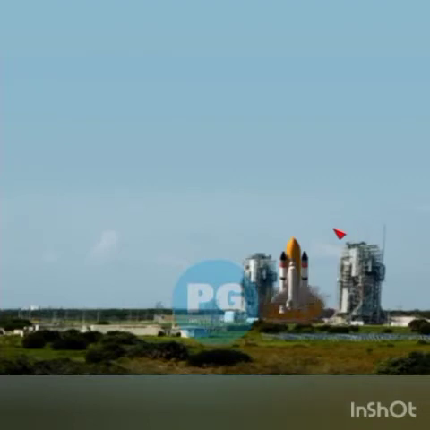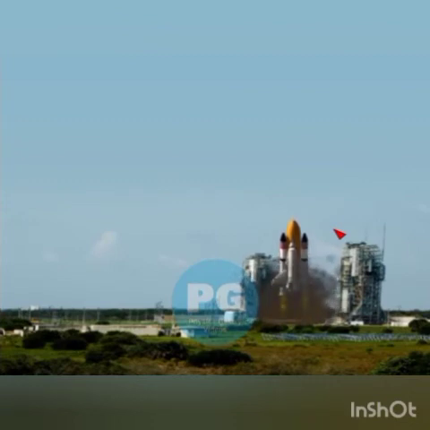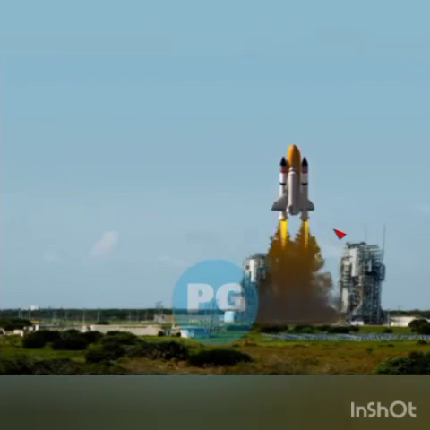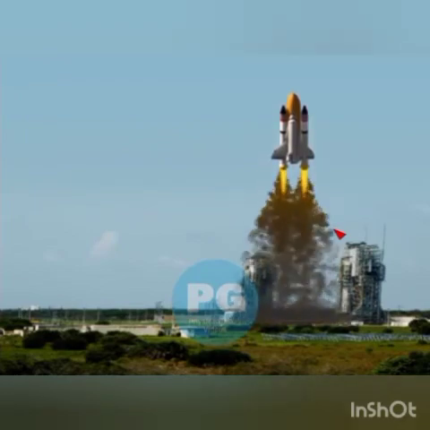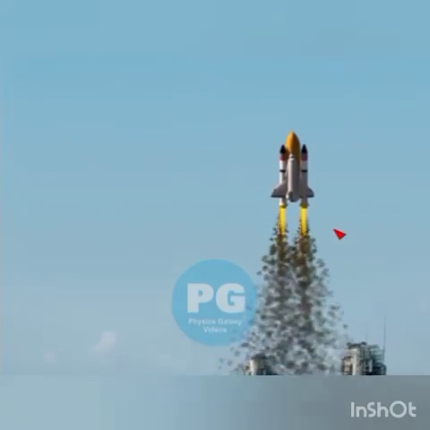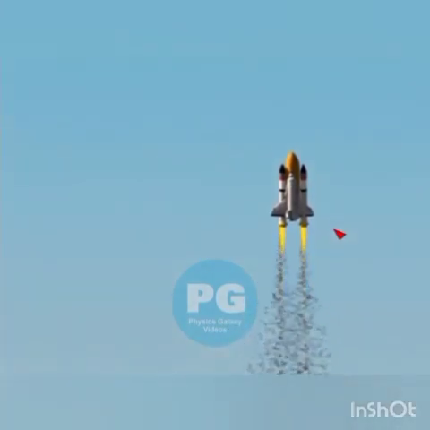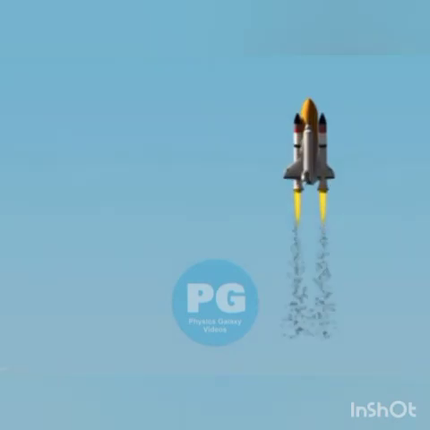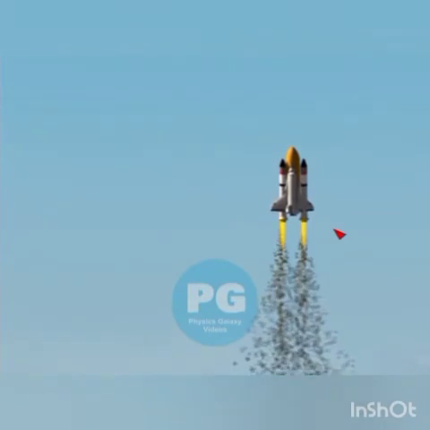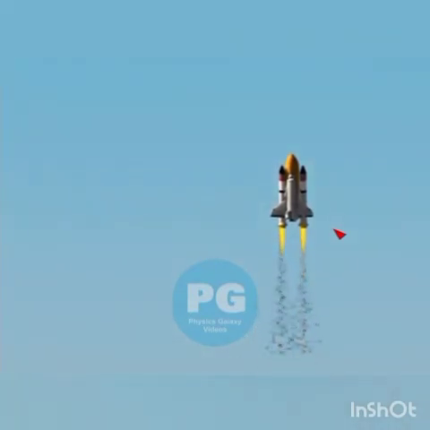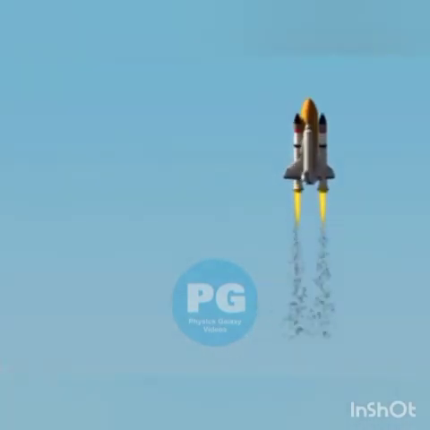The rocket works on the principle of the law of conservation of momentum. The gases ejected from the nozzle give a force upwards to the rocket. We can also apply the law of conservation of momentum in the case of rocket propulsion. If we ignore external forces, the momentum gained by the rocket in the forward direction is equal in magnitude to the momentum of gases in the opposite direction. Thus the rocket and the exhaust gases push one another, and Newton's third law of motion is applicable in this case.